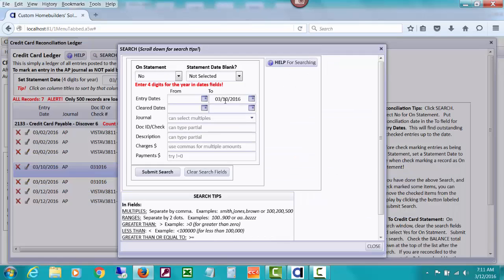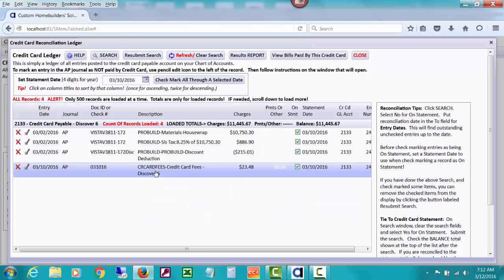So let's try that. Let's clear our search fields out, and then let's say I only want all the records that have been check marked as on statement. Yes. And I submit my search. So now, and it might show any from previous months, etc., but it's going to total them up, all the ones you've check marked in the past and now. And the balance, actually, if you're reconciled, should be the same as this balance here,